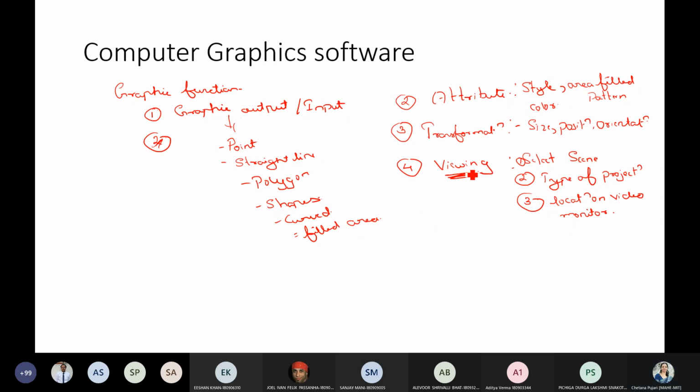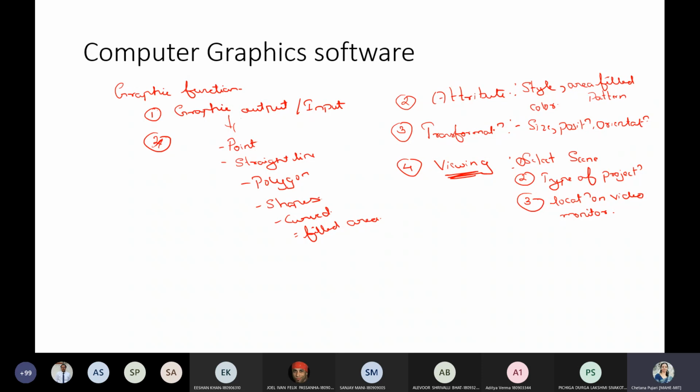So these are the functions. We already have built-in functions to do all these things. Input function, I already told, is with respect to how you want to use your keyboard, your mouse, your joystick. So that is defined over there. We have generic graphic functions like graphic output and input. Output is what? You are going to define different shapes.